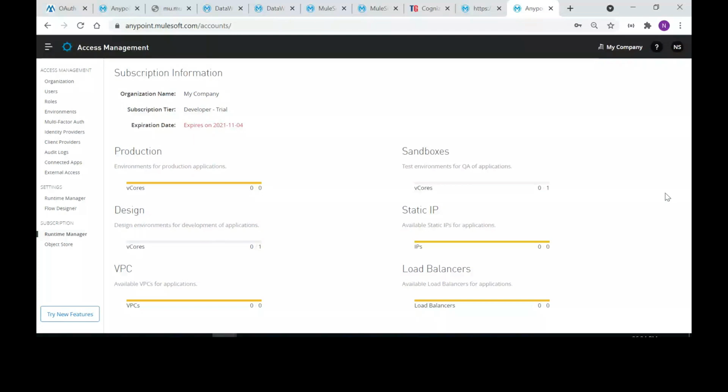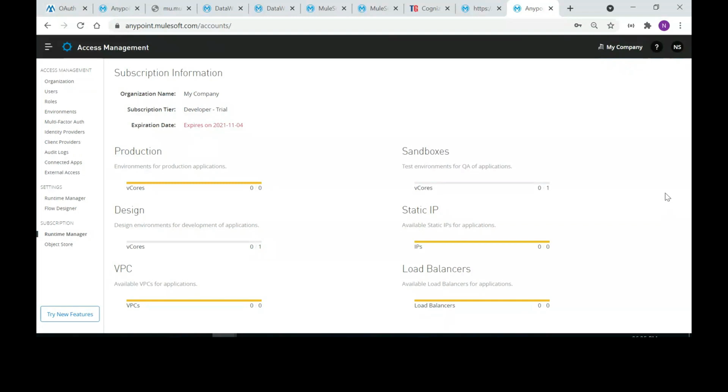If the number of environments increases, so let's say that you have a dev, QA, and pre-prod, then how many applications? It will be 4 vCores divided by 3. 40 applications divided by 3 environments. As the number of environments increases, your core utilization also increases, or the applications that you can deploy will reduce.